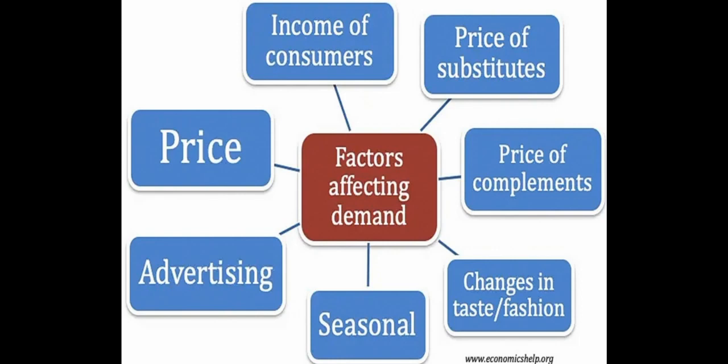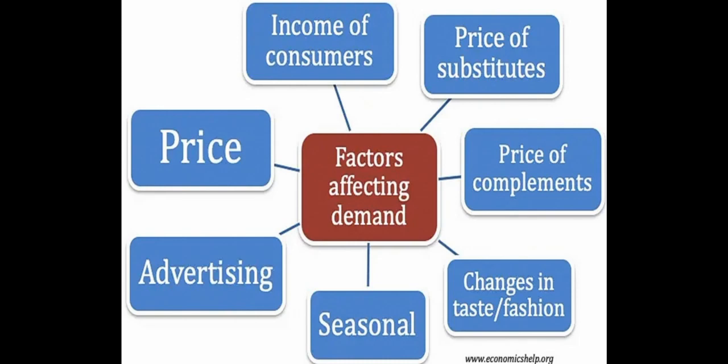Let us take an example: if there is a sharp rise in the price of petrol, normally people will refrain from purchasing new cars, new vehicles. So petrol and car are called complementary goods, as they are jointly demanded. For the sake of convenience and for the law of demand to hold, we assume that the prices of